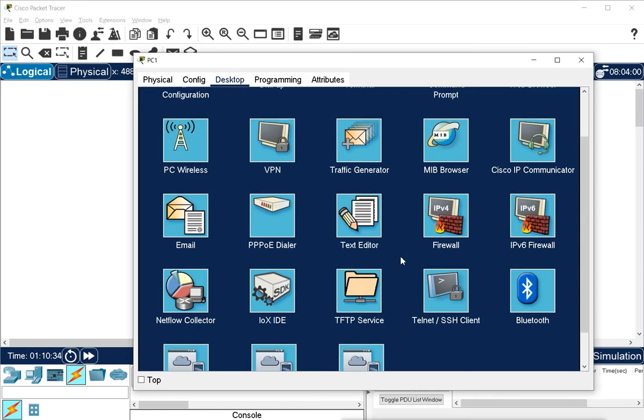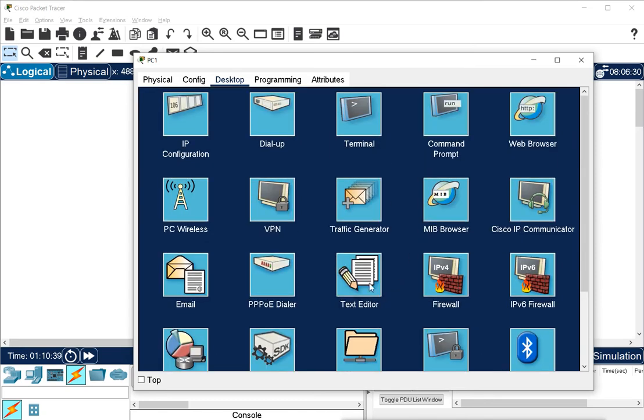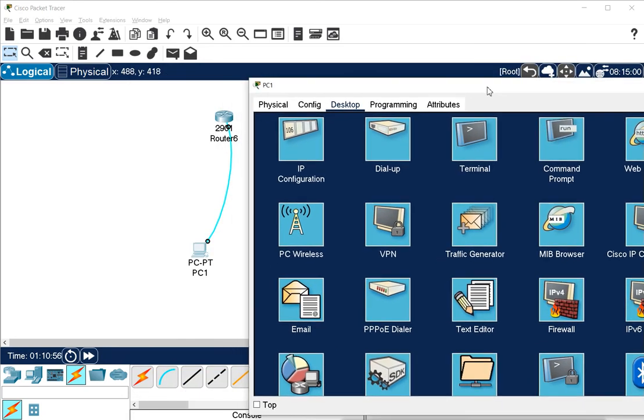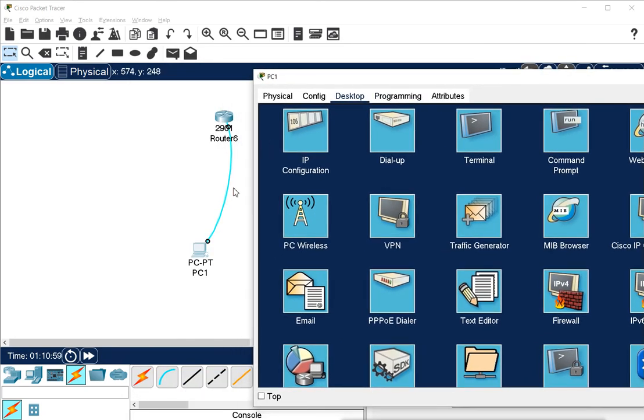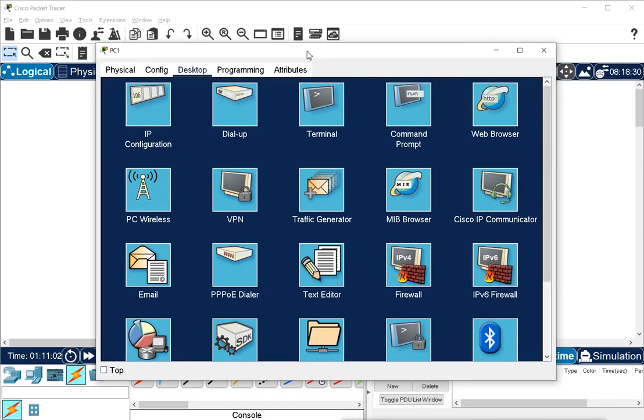We can do telnet and SSH also, and with all of these we have this terminal option also. This is the hyper terminal, we can say, or this is the serial connection. So if we want to get access to our router, on this desktop of the PC we will select this terminal. Remember, we have already connected it with the serial console port in the serial port of this PC. Then we'll go to the PC desktop and click on this terminal.